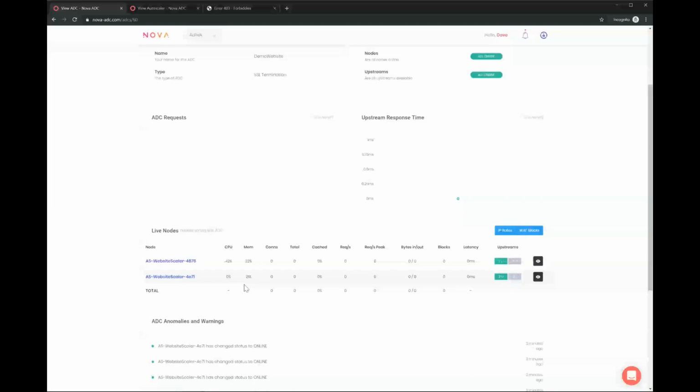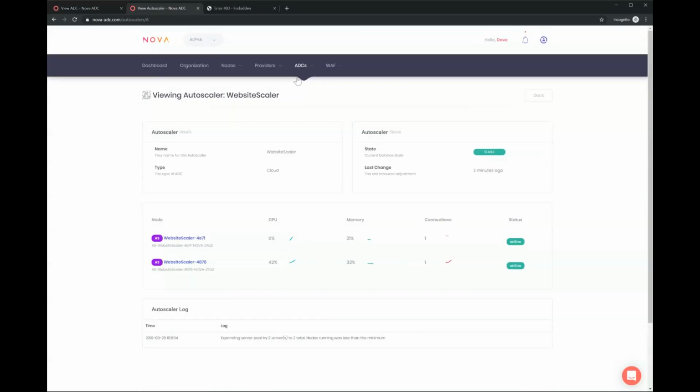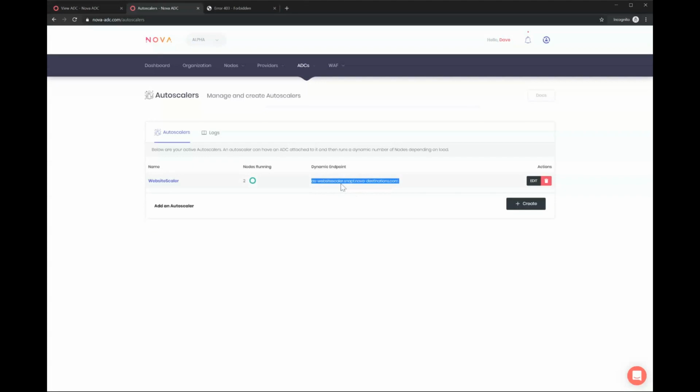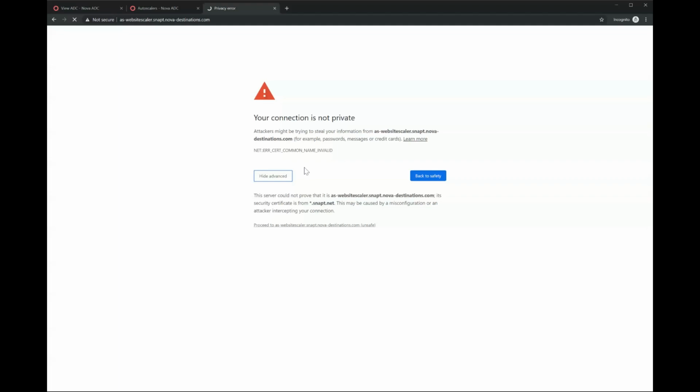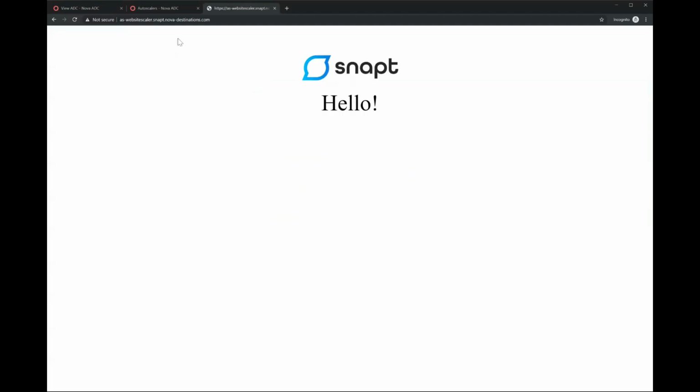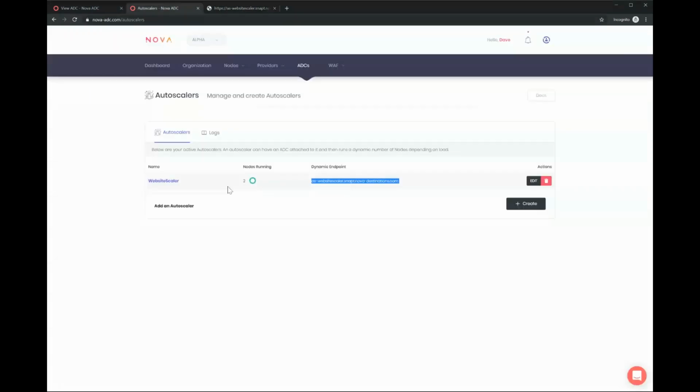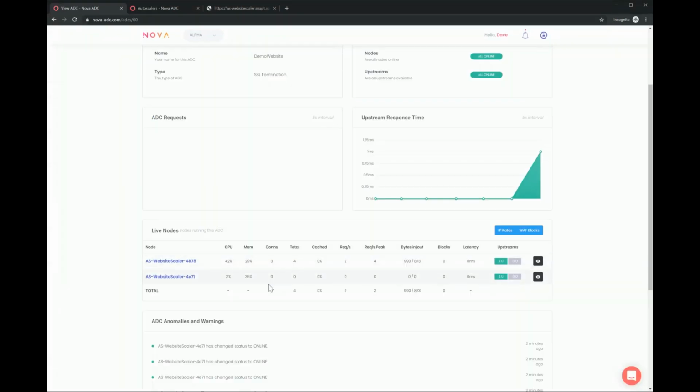So as we start to send traffic to those, instead of just having one device like we did before, we've now got multiple devices that are just being synced with the config. So when we look at the autoscaler here, we can see this is the dynamic endpoint we were given, and we can send traffic to that. So again, we get our invalid SSL certificate, but then we can proceed. And so this is an auto-managed, fully qualified domain name for us that will always point to whichever online servers we have. And right now that happens to be 2 nodes, and we can see these servers here, and we can see that they've started to get traffic.